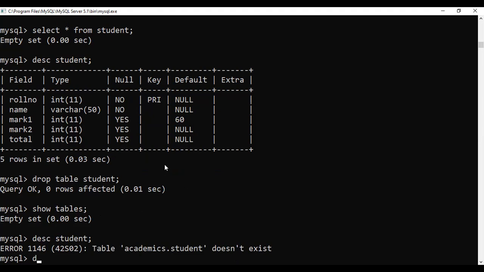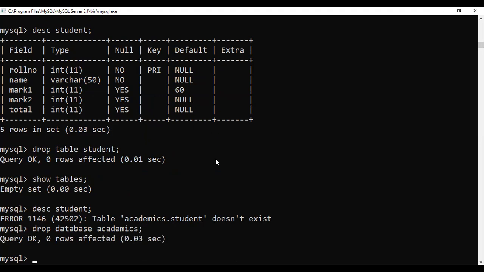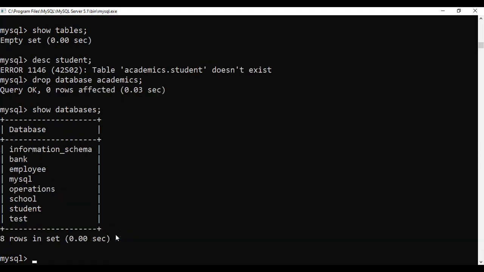If I want to delete the database, I use DROP DATABASE academics. Now if I say SHOW DATABASES, I cannot see the academics database either. It is also gone.